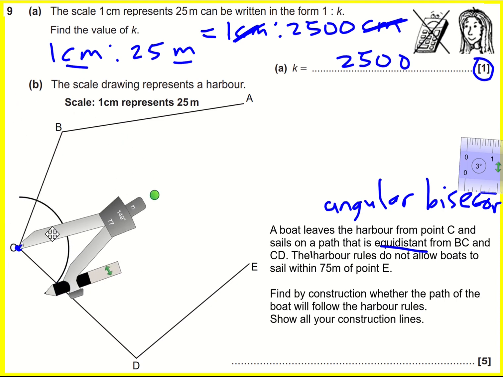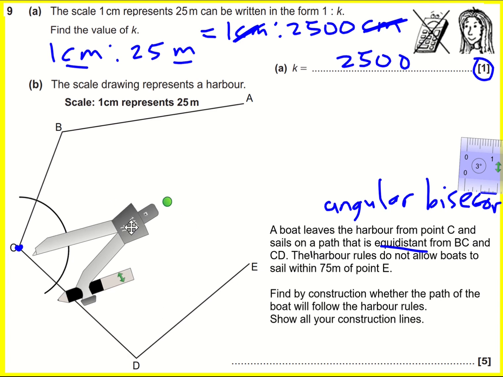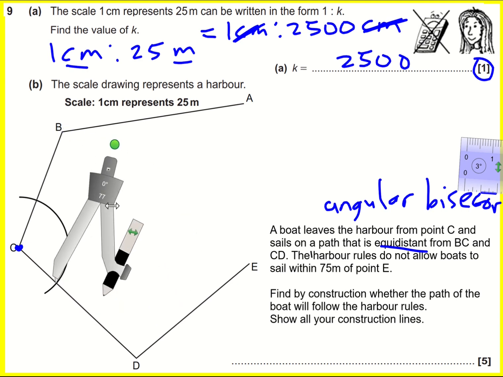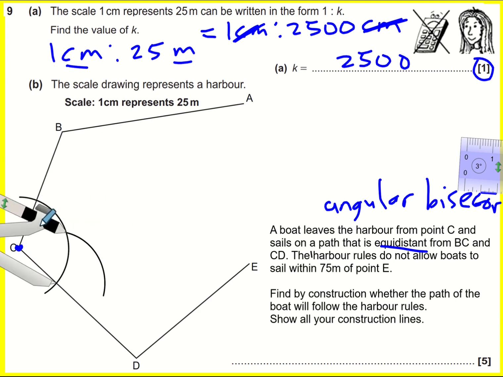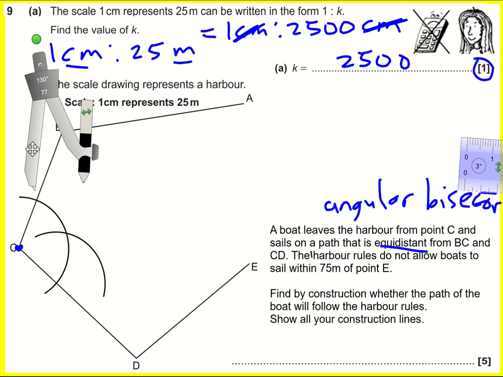I then move my compass onto these points where the arc has met the line. Note that these are the same distance from C. And if I move my compass around and draw another arc, and then I do the same over here,